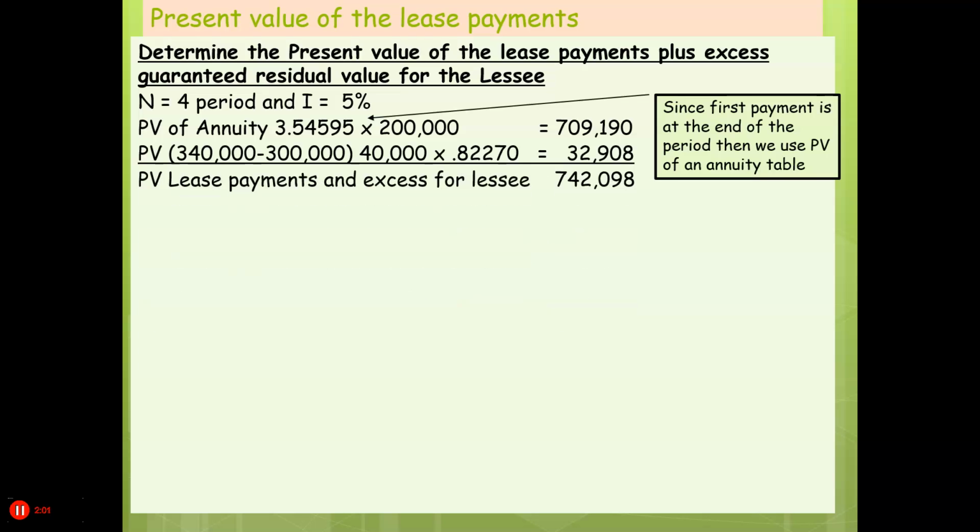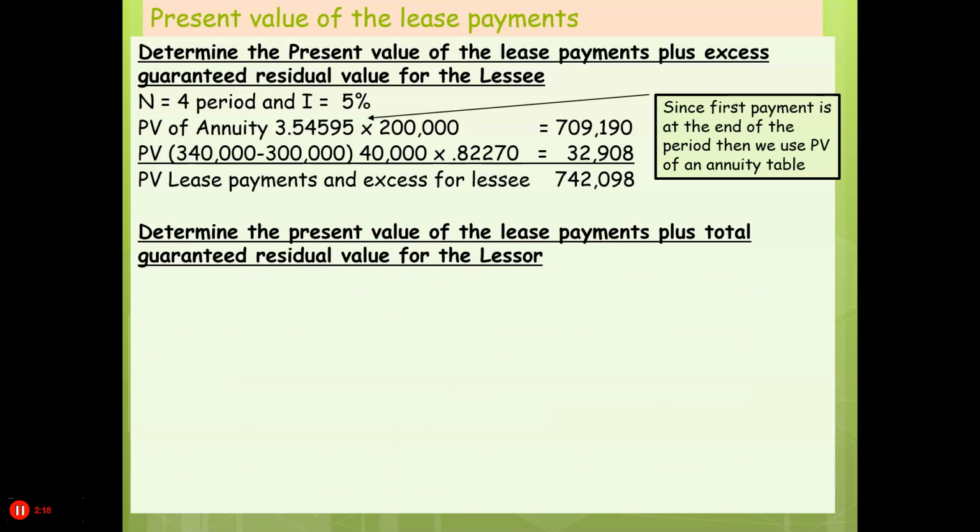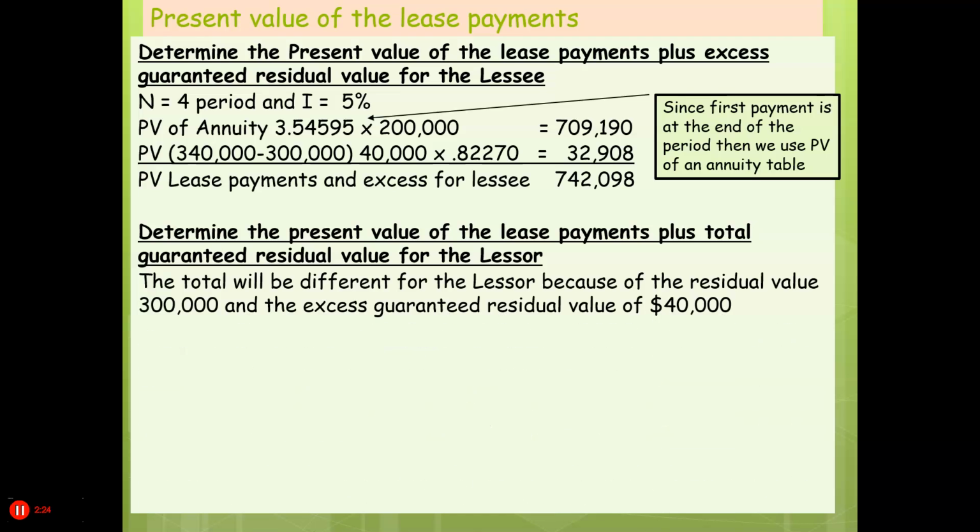And the present value of the excess over what the value will be at the end of its life, which is $40,000, times the present value factor of a lump sum. So the present value of the lease payments and excess for lessee. Determine the present value of the lease payments plus total guaranteed residual value for the lessor. The total would be different for the lessor because of the residual value of $300,000 and the excess guaranteed residual